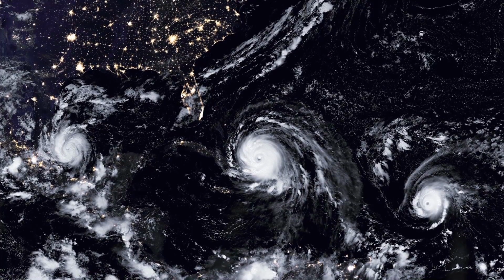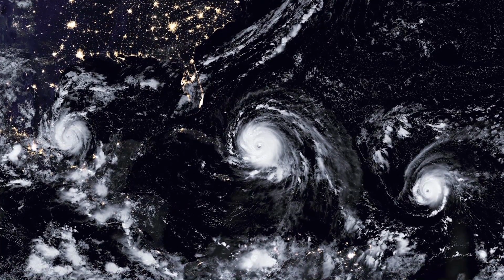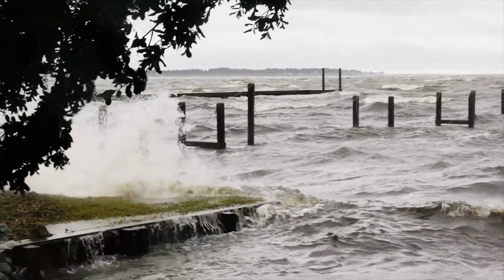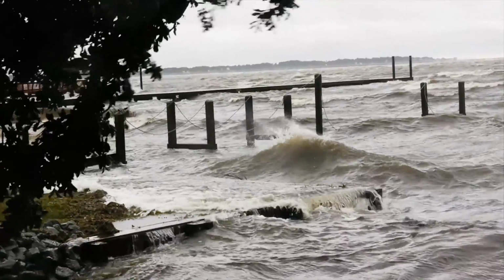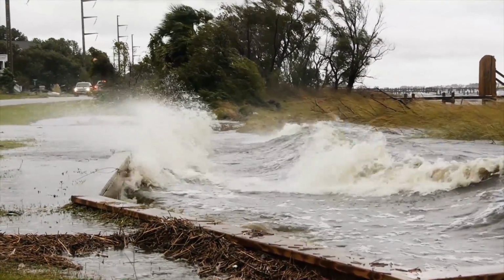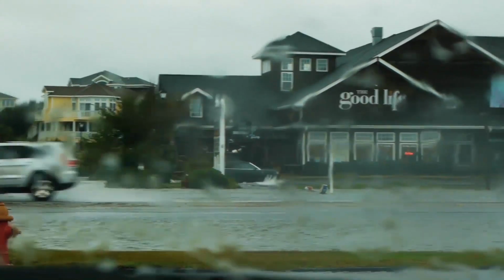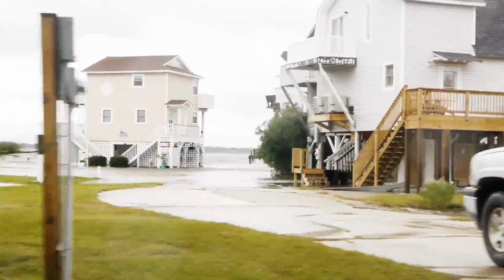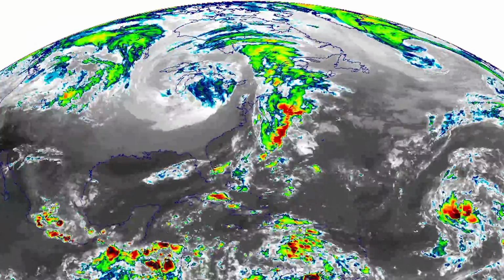This year, we used the floats during Irma and Jose. So the hope is to improve the hurricane forecast so that you know how strong a storm is going to be, and that helps you figure out what areas of the coast to evacuate, how many people to evacuate, what to prepare for. The data we get from the hurricane floats has a direct impact